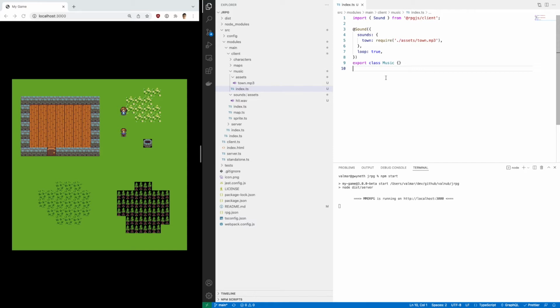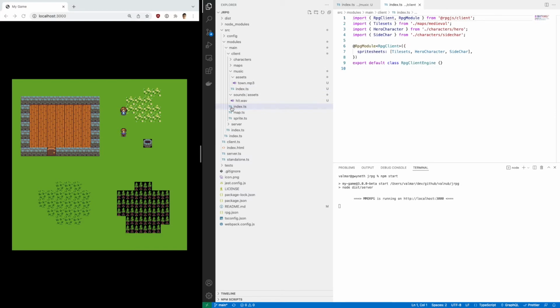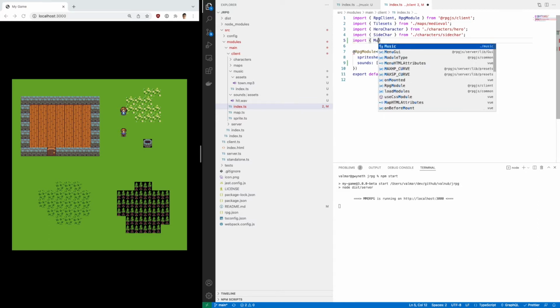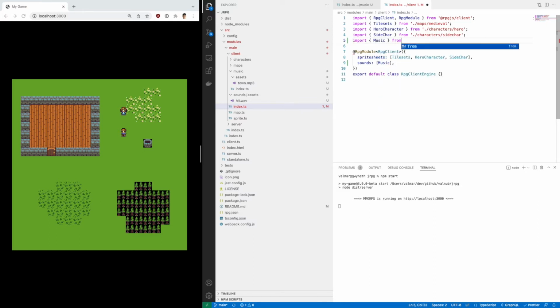Now we have to add it to the game, and this is actually quite simple. All I have to do, here in this index.ts file, is add a new attribute called sounds. I'm going to import my music. Now it's probably going to complain that it doesn't know this one yet, so I need to import it: import music from